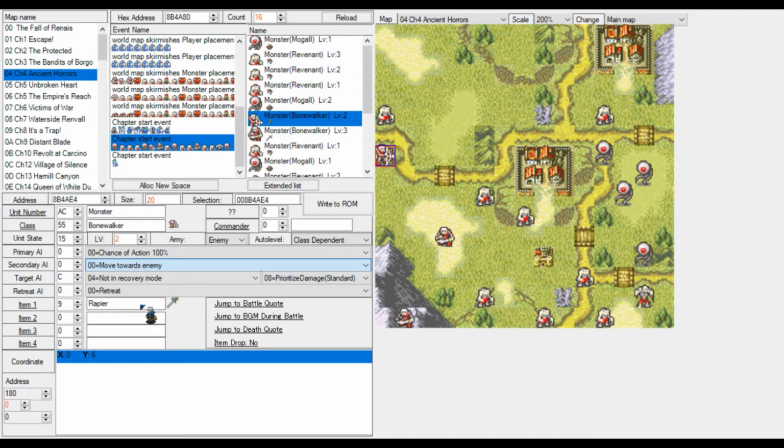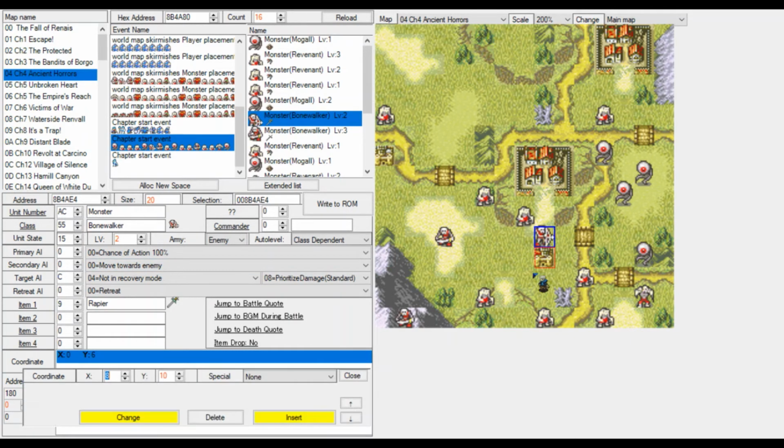This is where they will move only if they are in your range. Attack village and treasure, then move towards enemy, and attack village and treasure, then move to escape point. There's a difference between these two. If, for an example, you set this one, you are able to put a unit in range. Let's say you set this on a brigand, and the brigand is over here. This is going to be our brigand, and the zombie is one of our player units.